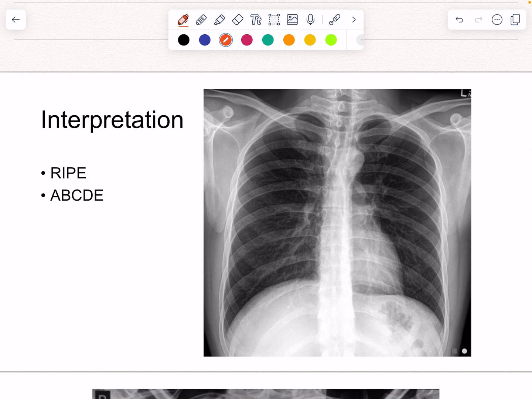Okay, I'm going to be using the RIPE acronym to assess the quality of this image. So checking the rotation of the image, we can see that the spinous processes are equal distance to the heads of the clavicle, which means that the patient is central. In terms of inspiration, I'm able to count over 6 anterior ribs. This appears to be a PA view, as the clavicles are overlying lung fields and the lungs appear long and thin. And in terms of exposure, I'm able to see the vertebral bodies behind the heart. Therefore, this chest x-ray is adequately exposed, and therefore I'm able to interpret it, which I'll be using an A2E